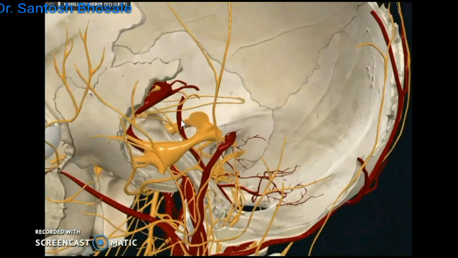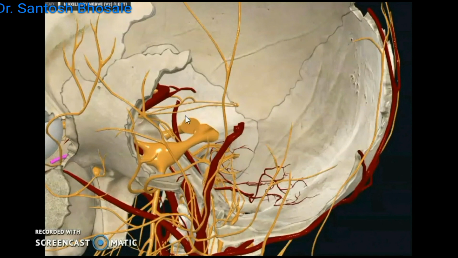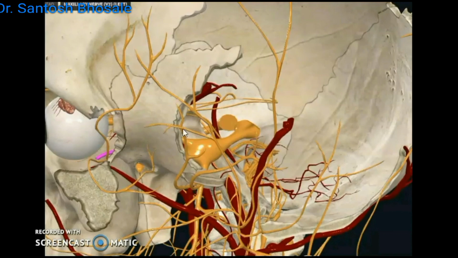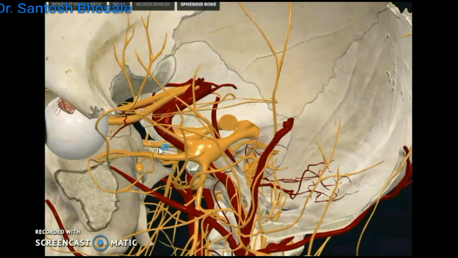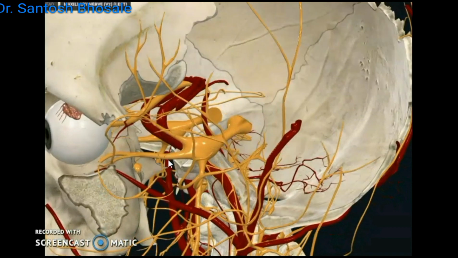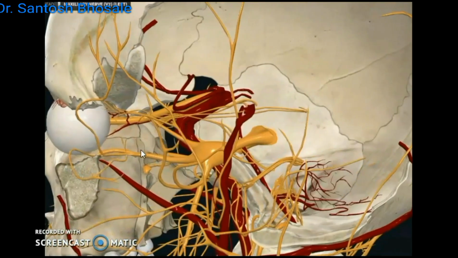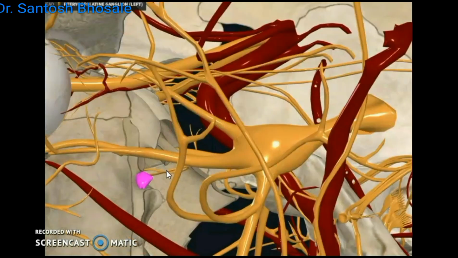That is the maxillary nerve, leaving the middle cranial fossa via the foramen rotundum and entering the pterygopalatine fossa. It is also a very important content. It carries the postganglionic branches of the pterygopalatine ganglion through its branches: zygomatic, infraorbital and palatine branches of the maxillary nerve. This pterygopalatine ganglion sends its postganglionic fibers, and you can see how it is closely related to the nose, and that is the nasal septum, vomer bone there.